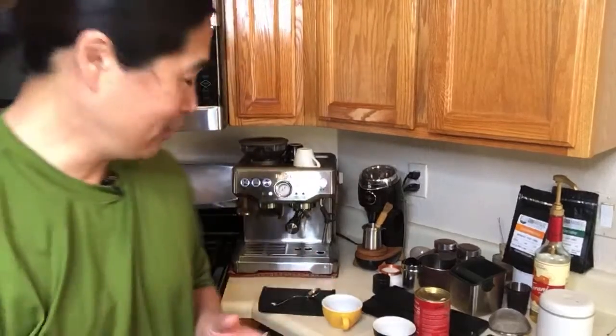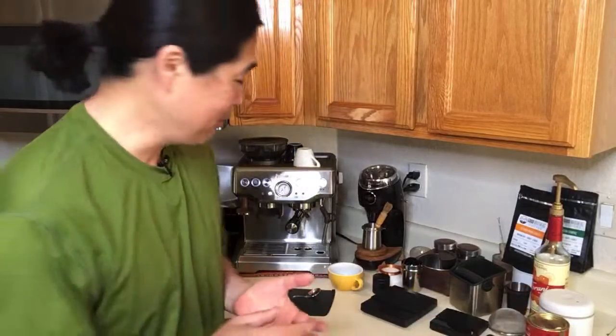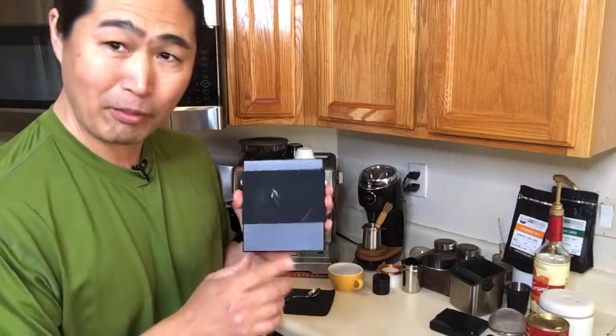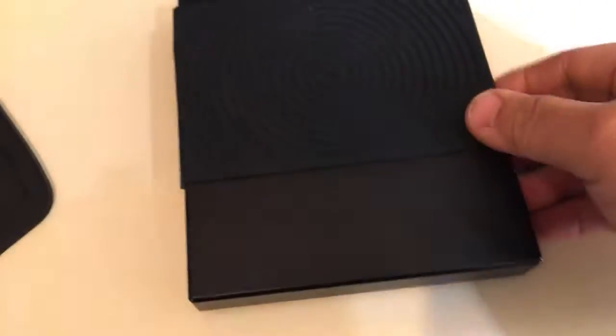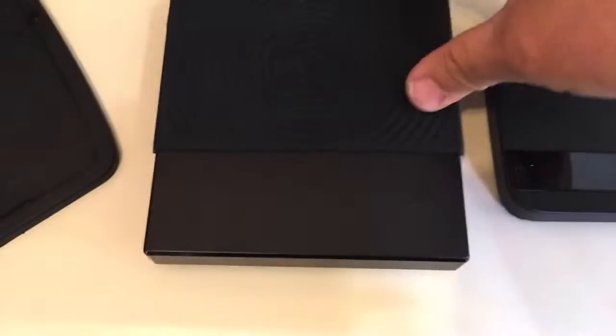So let's get going. Let's start with the Timemore scale. I know a lot of you out there love this scale. Let's talk about the good. The thing I like about this scale. Let's get a better view here. The first thing I really like about it is the clean design, compared to the Acaia scale, very clean, very similar